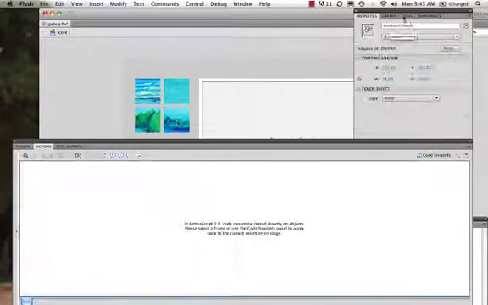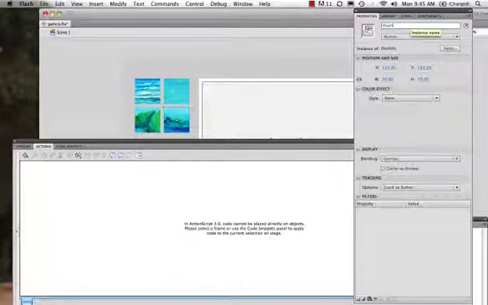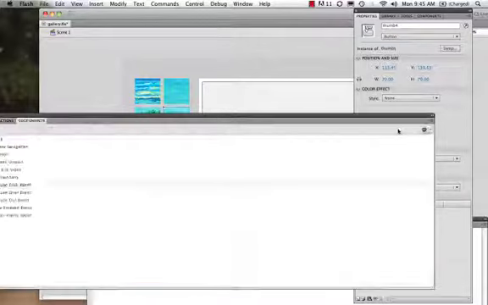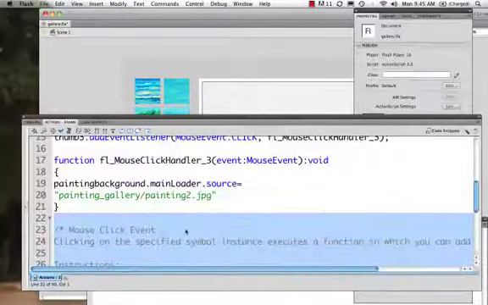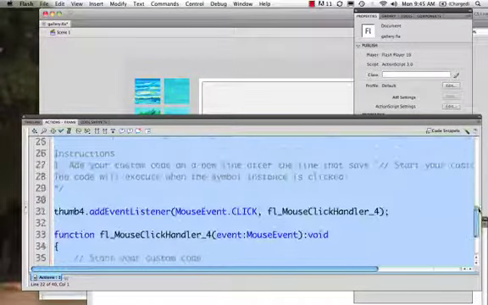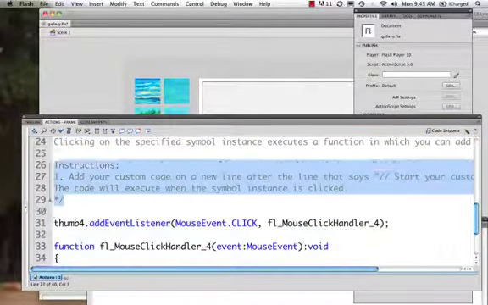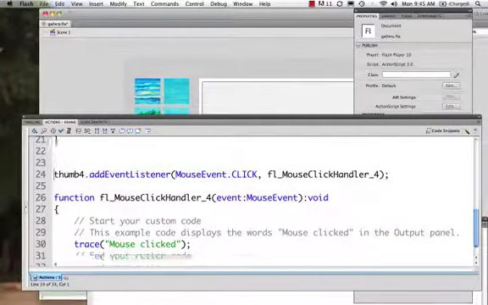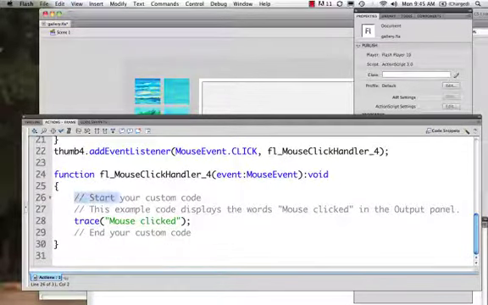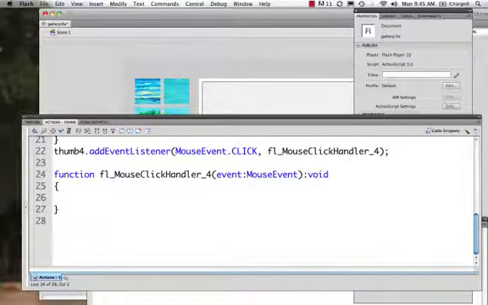Again, we come into here. This instance needs to be named. We have thumb 4. We have this one selected. Again, I'm going to add this. This is a mouse click event. We double click. There we have it, a mouse click event. We come right up to here. I'm going to delete this comment. Now what's great about the comments that Flash gives you is it actually gives you a lot of info about how to proceed. Now I'm going to come into here and tell it the source